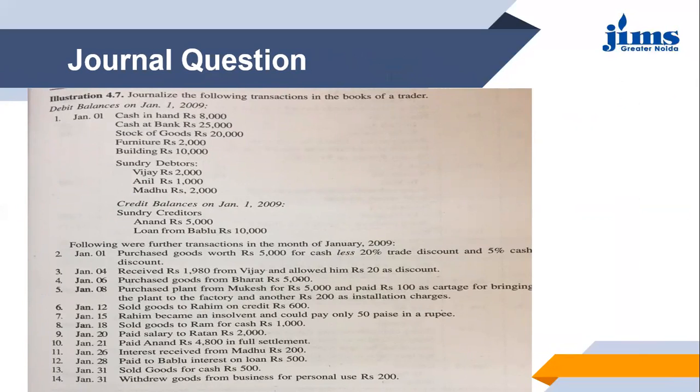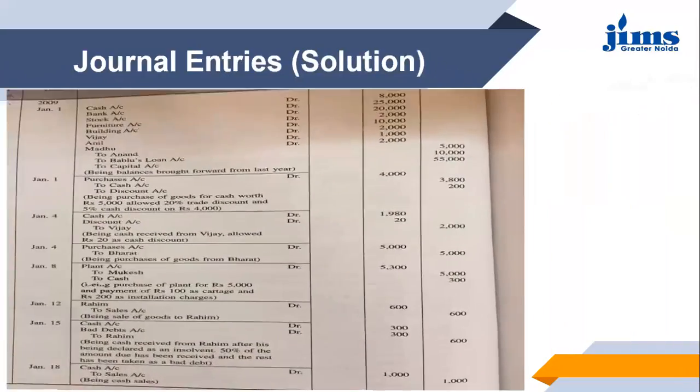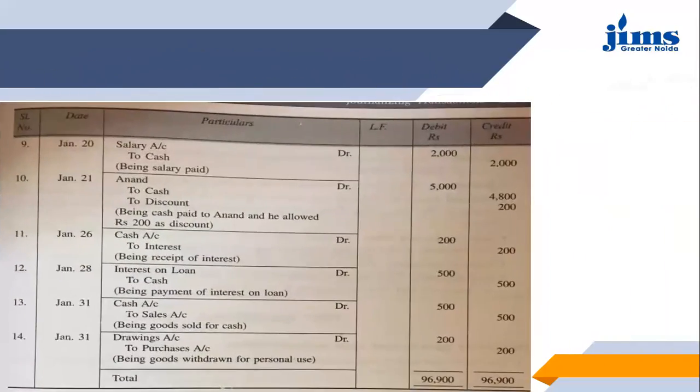Now see, this is the interest which is being paid by the business. So in this case, interest on loan is an expense for the business, so the entry will get reversed. As you can see here, in the previous entry, cash was received and interest was an income. Now in this case, cash is going out of the business, so it will be credited, and interest on loan is an expense. Therefore, it has been debited here.